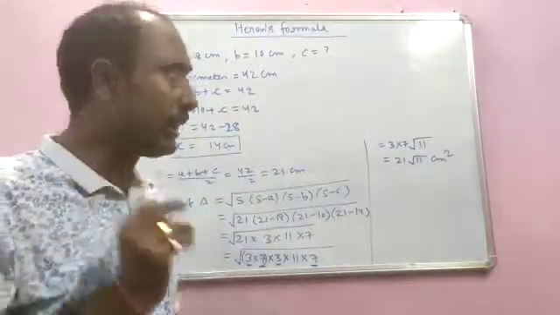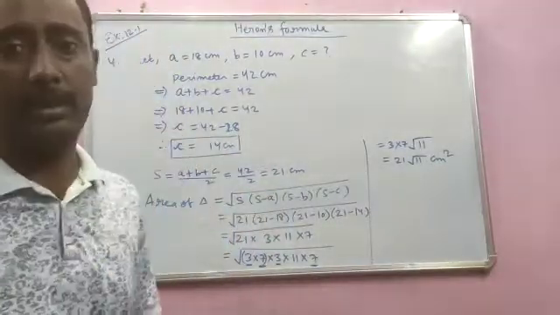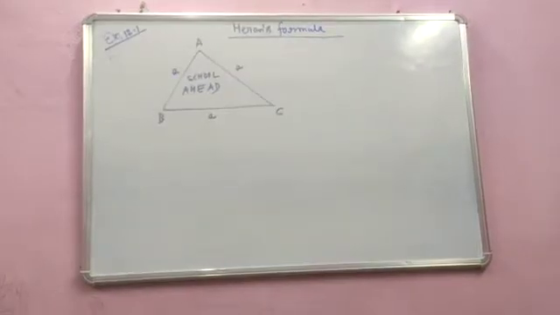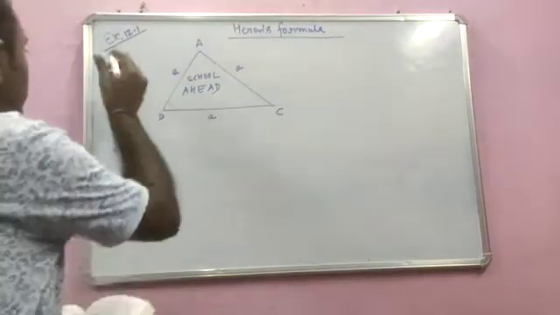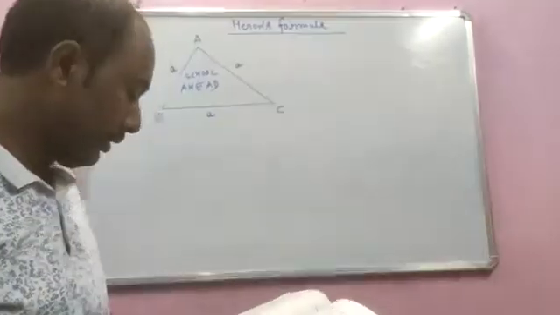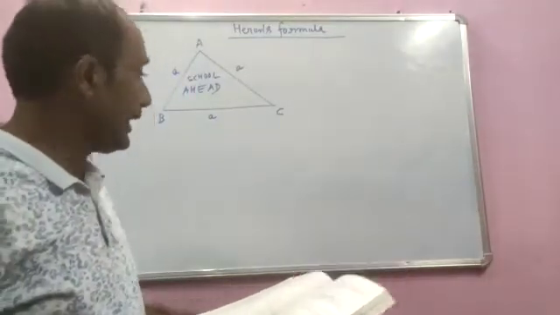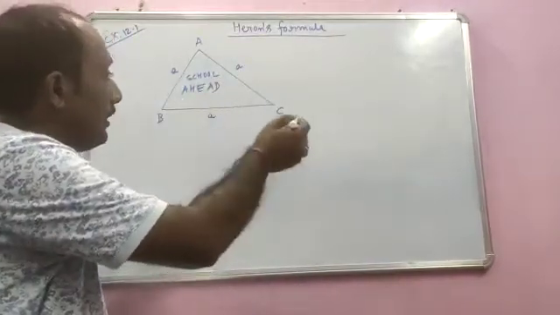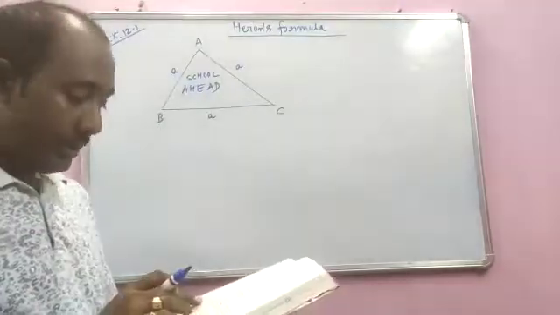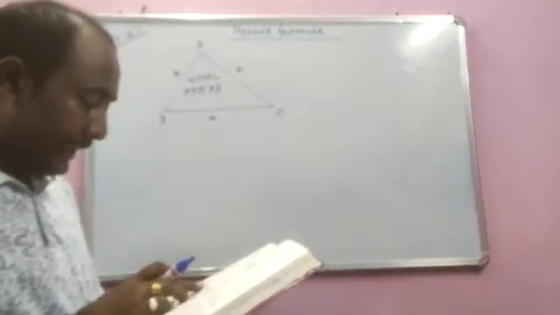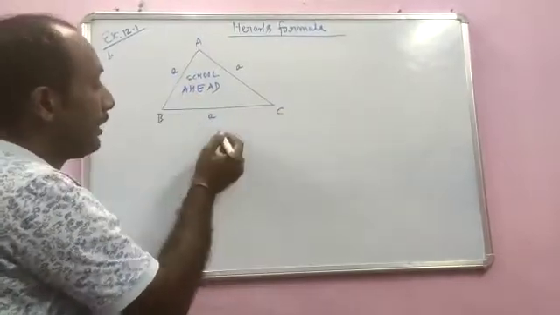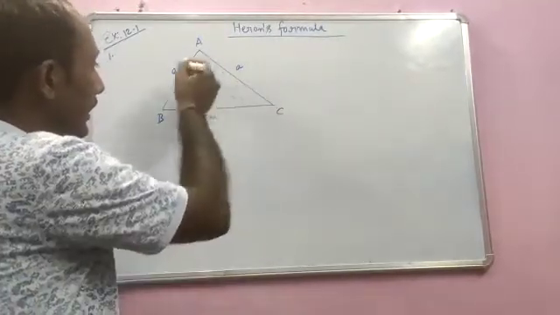Let us move to another question of Heron's formula. So here I am with another question, question number 1 of exercise 12.1, a very important one also. A traffic signal board indicating school ahead. A signal board is there which is indicating school ahead. So what is written here in the signal board? School ahead is an equilateral triangle with side a. So this signal board is in the shape of an equilateral triangle with side a. So therefore I have written here a, a, a.